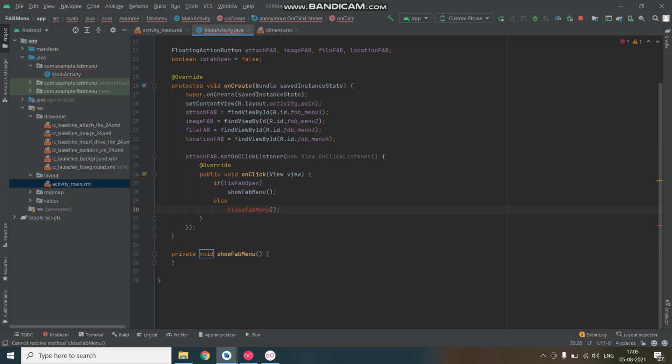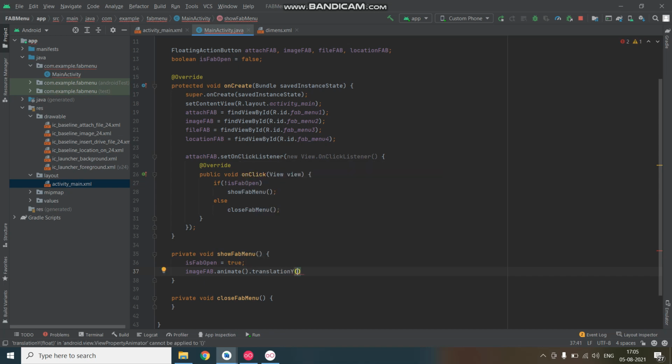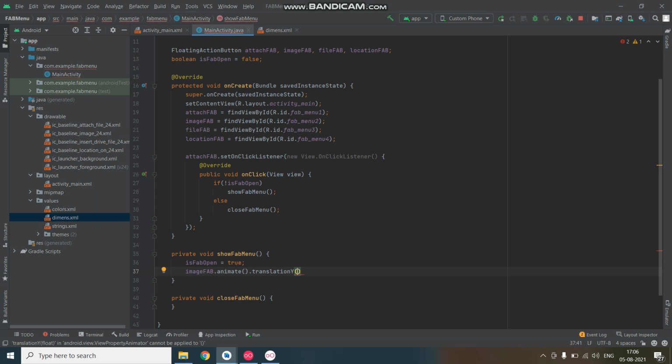starting with the show fab menu. The very first thing which we have to do is we have to set it to close again. So we'll be setting it to true. And what other thing we'll be doing is we'll be changing the y axis for all the other three buttons for them to show. So image fab dot y we'll be selecting, and in my values folder in dimensions I've defined these three dimensions for three different buttons, so I'll be using these